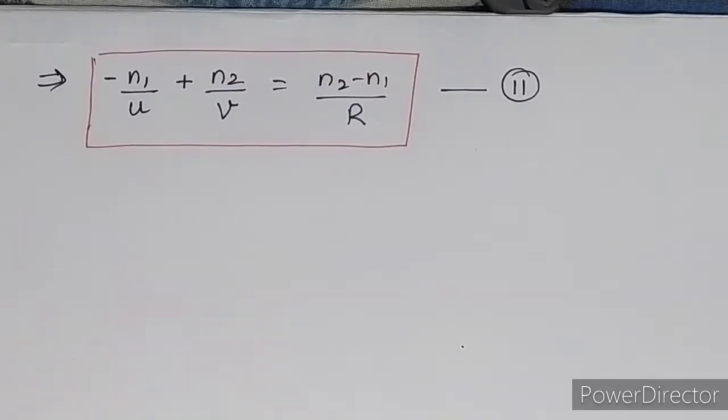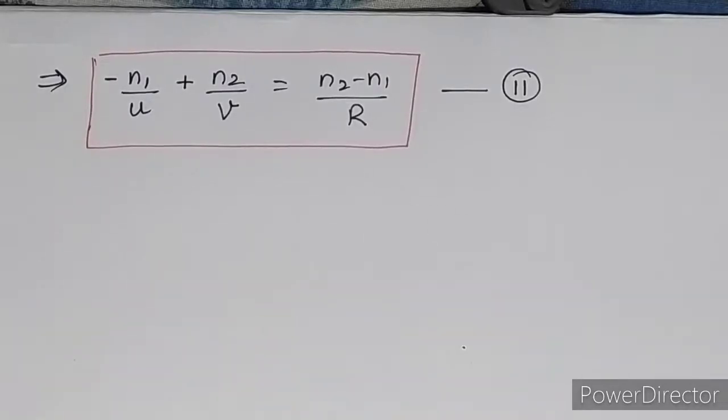Okay, and you know very well that a lens has a spherical surface. In that spherical surface, two different media are there. That's why the refraction phenomenon is applicable in lenses. So for calculating the Lensmaker formula, this direct formula we have to use. We have already calculated it first for refraction at a spherical surface, so we can directly use this formula. Okay, clear? So I hope that you understand this topic.